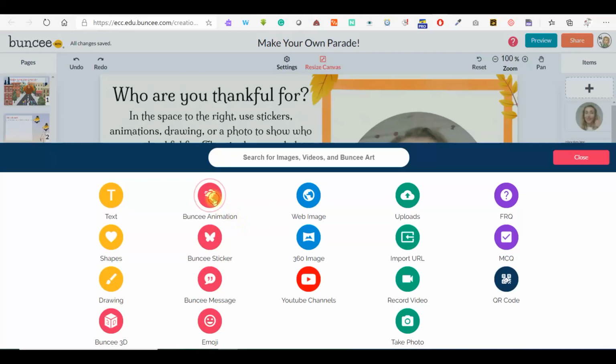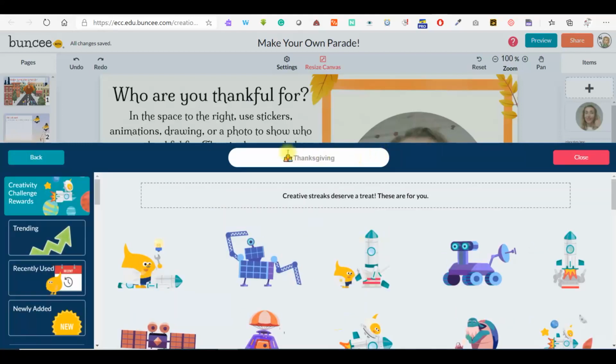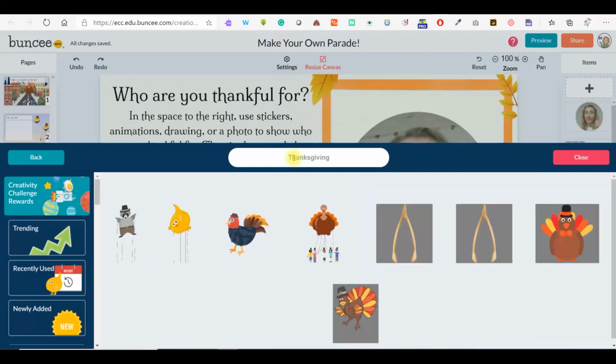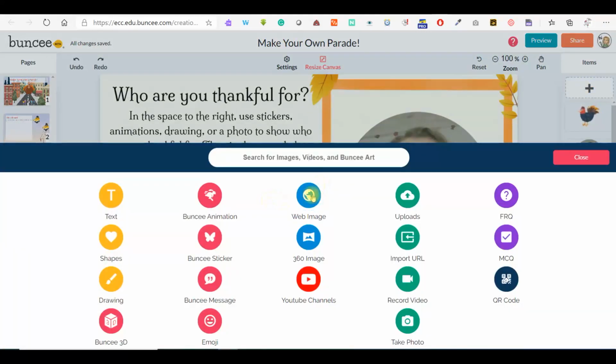You can use Buncee animation, which is a terrific one. My students are totally inspired by using this feature. So you can use it, you can drag it, you may just click on the add button. Wow, it's moving and absolutely amazing. Again, you may go to record video. You can record a video of your own, and just add it. You can take a photo straight away while being on Buncee by using your camera,